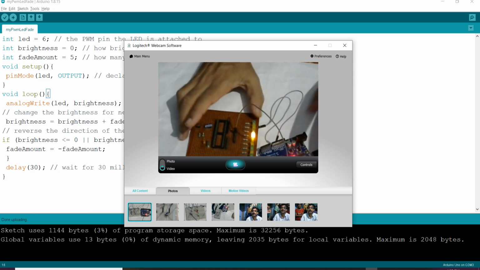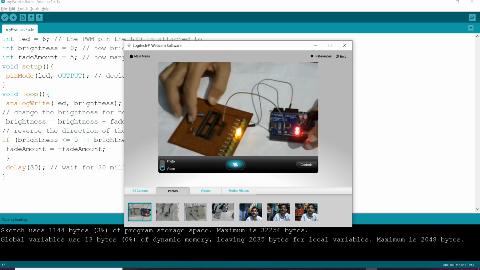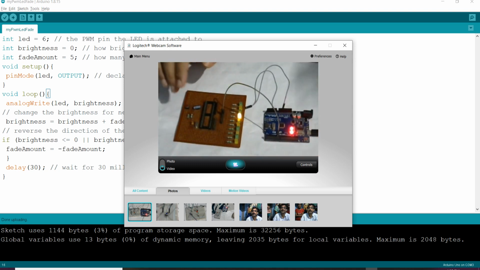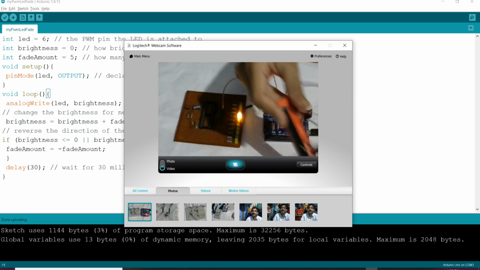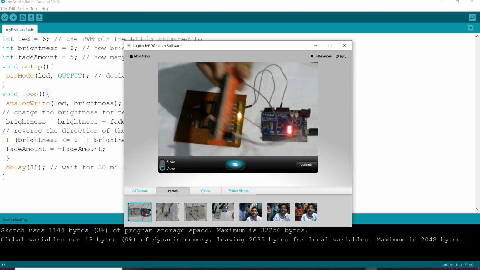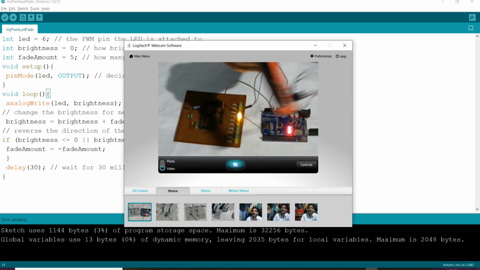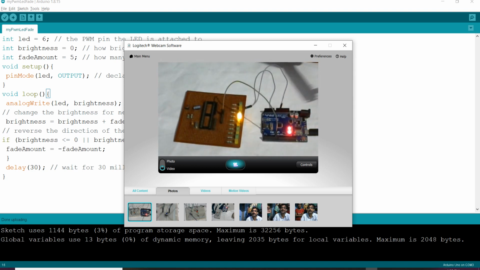Next, guys, I am taking the same PWM concept, but with a change. This is fixed, I am not disturbing anything. But I want to handle the brightness of this LED using my previous potentiometer, which I explained in the previous ADC demo. So I want to connect this one to handle this one.